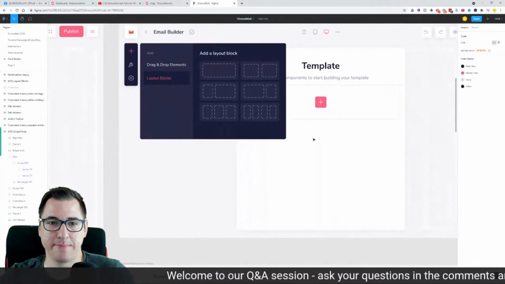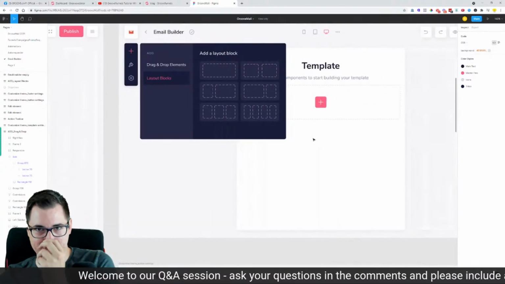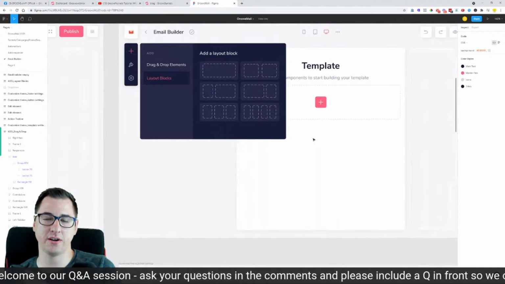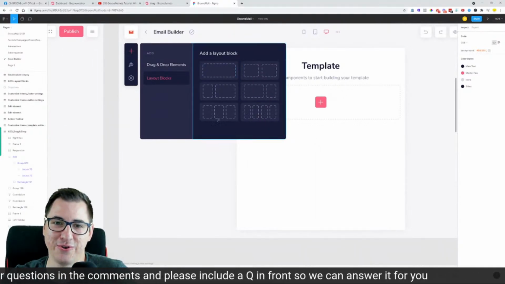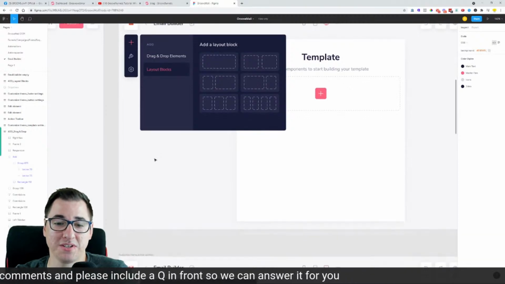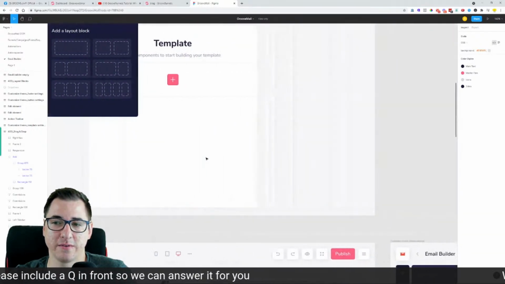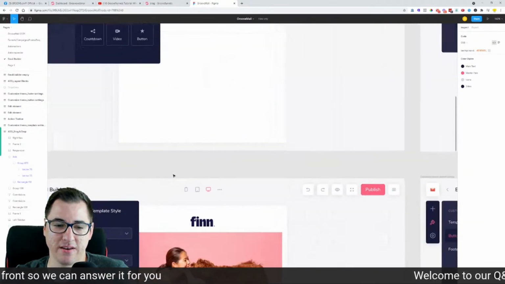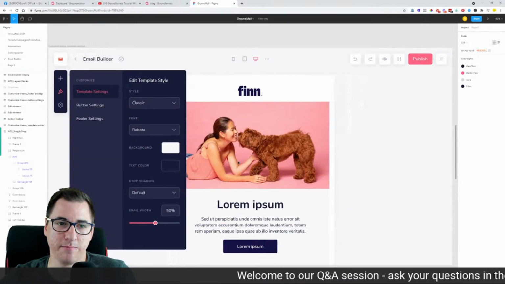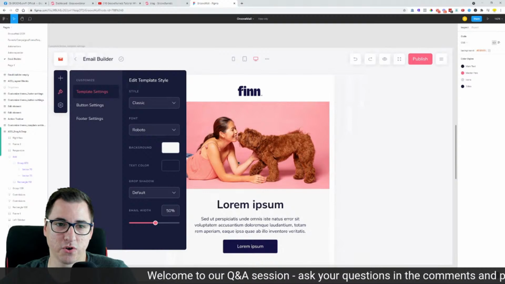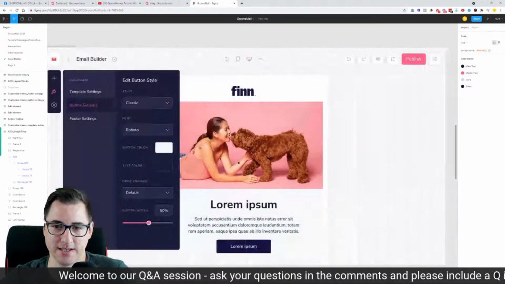We found that people just want to have pre-made things that are already done, like pre-made sections, and work with that, and not to actually need to create everything from scratch. We will still have options to create things from scratch, but with a different method than what I'm showing here. So this is kind of the builder that we planned out in the first version, but it's changed since.